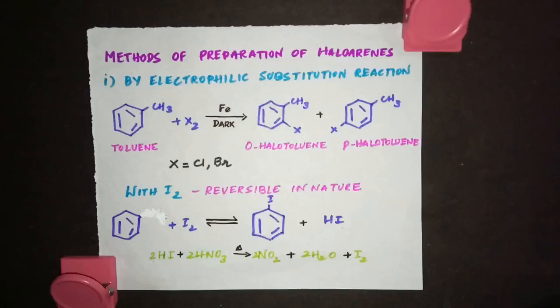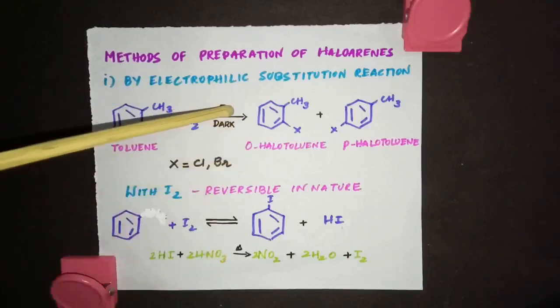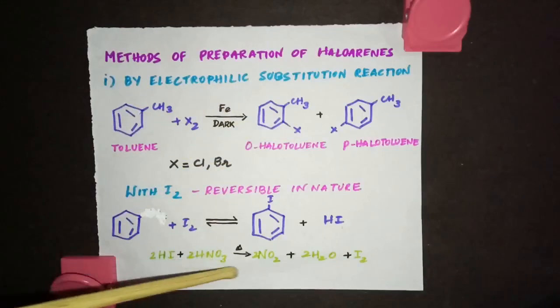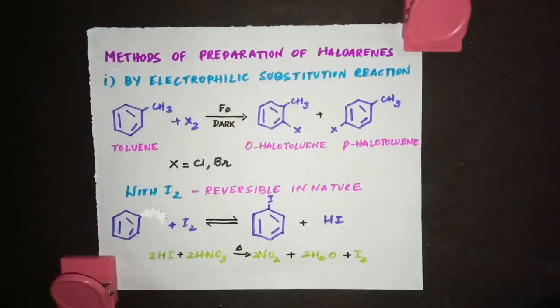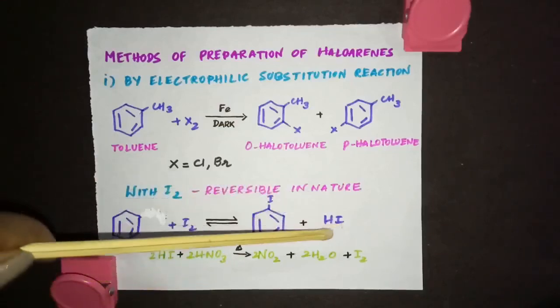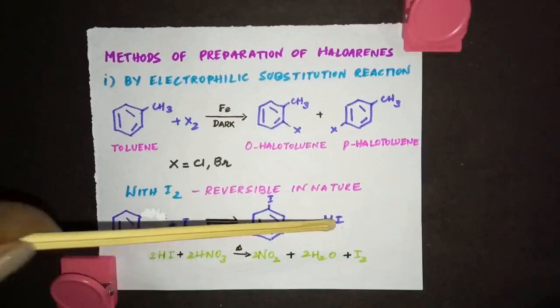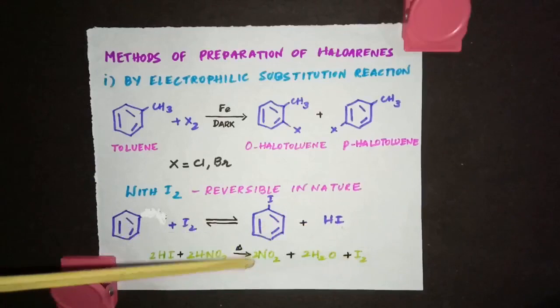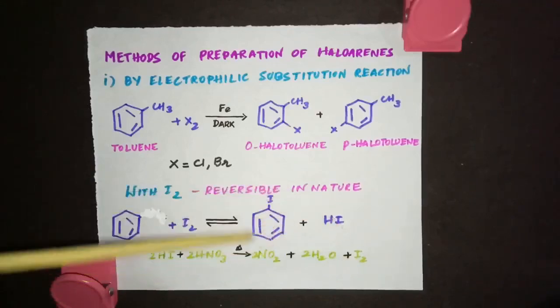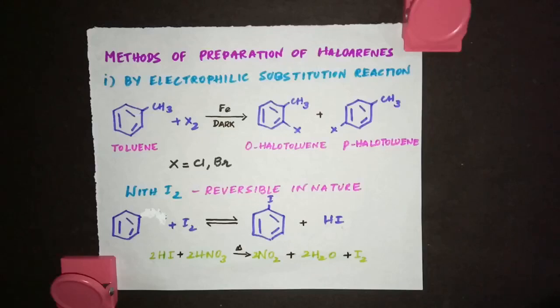So what we are going to do, we are going to carry out this reaction in the presence of a catalyst, concentrated HNO3. See here, we don't use any catalyst like this. We use just iron and we are just carrying out this reaction. But here we are using an acid, concentrated HNO3. The reason why we use HNO3 here is, as soon as this HI is formed, this HNO3 reacts with this HI to give these products. So this HI is no more available to react with this iodobenzene so that the reversible reaction can occur. So we are using a catalyst, conc. HNO3, to prepare iodobenzene from benzene and iodine.